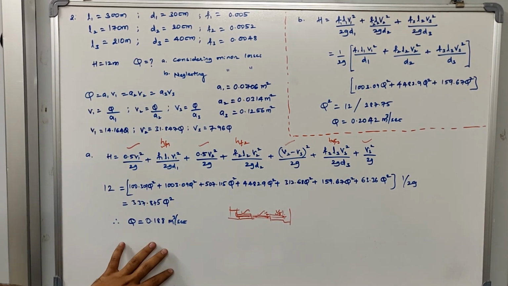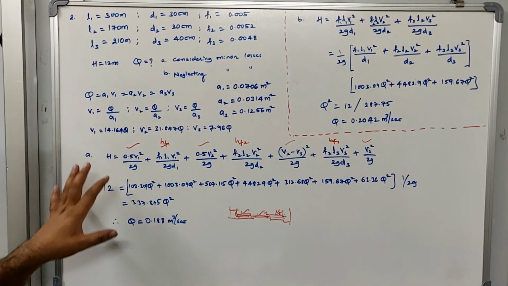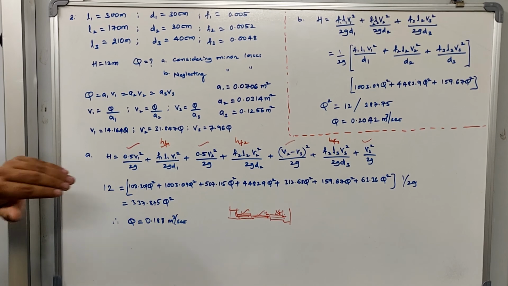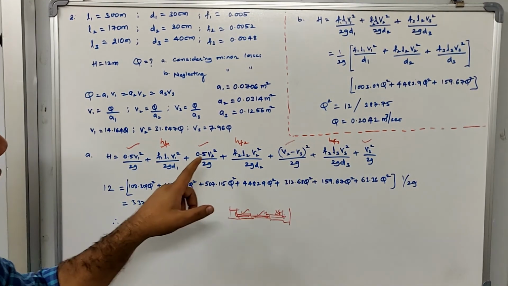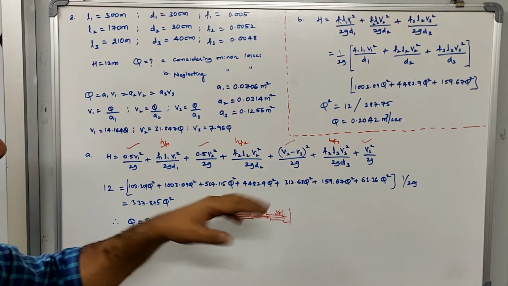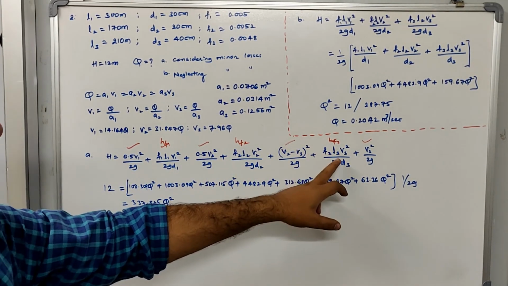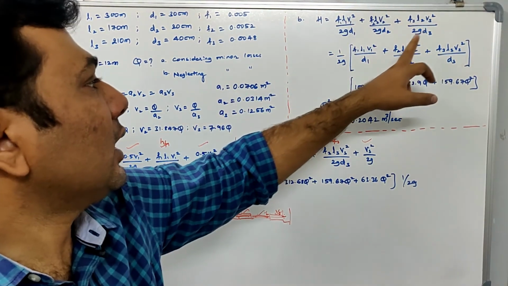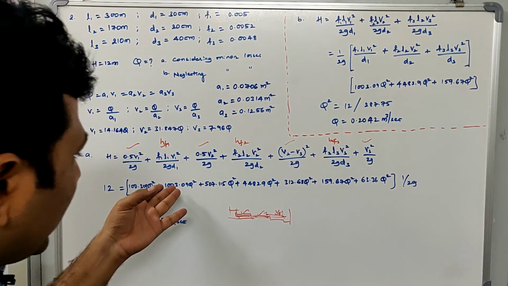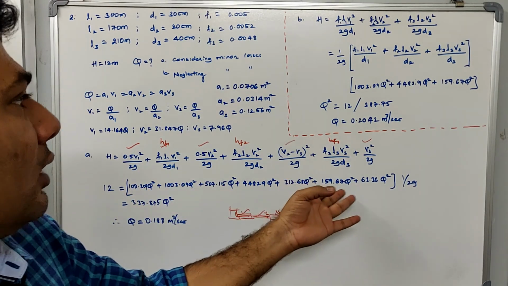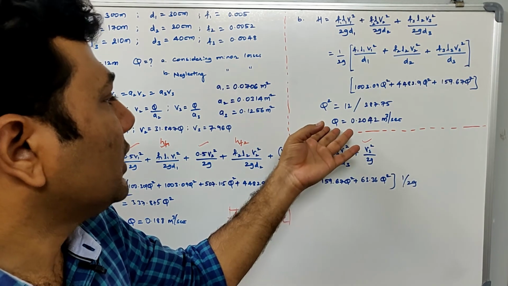Next we will solve by the second condition. In the second condition, what it has told is that you need to neglect all the minor losses. What are the minor losses that you have? The minor losses are your entrance and exit, then we have sudden contraction and sudden expansion. You neglect all those equations. So what is left is this and this equation. In these equations, again I have taken 1 by 2g common, and I have already determined these values. So I will substitute back into them, take the sum of this and solve the discharge again.